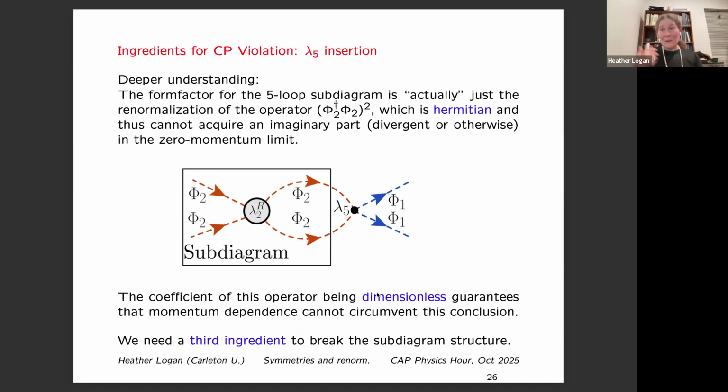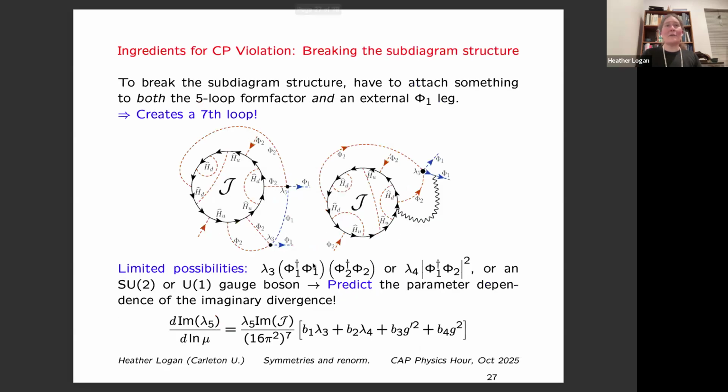To screw this up so that we can preserve a non-canceled imaginary part, I basically have to break this subdiagram structure. So that means connecting some other particle from the inside here to one of those external legs, right? And you can do that a few different ways. You can do that with an extra 4 Higgs coupling, or you can do it by exchanging a gauge boson,